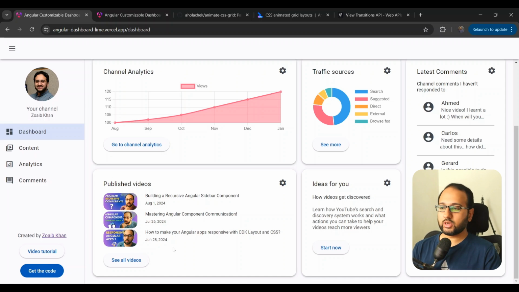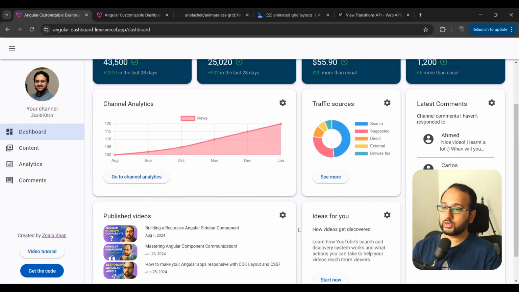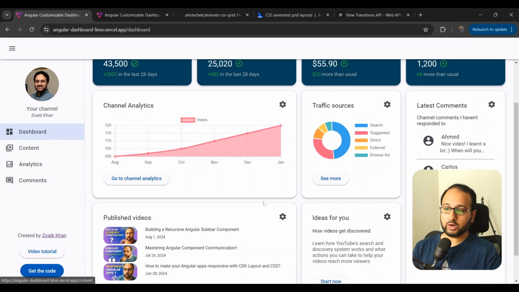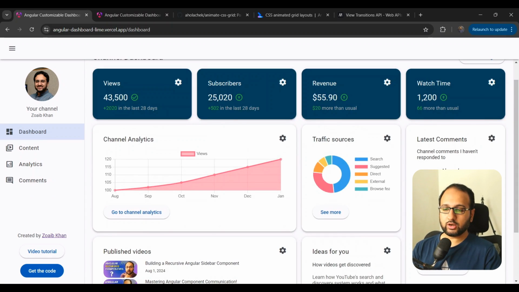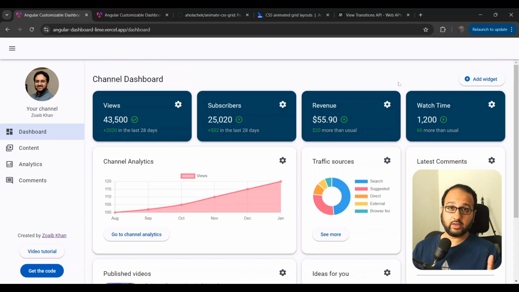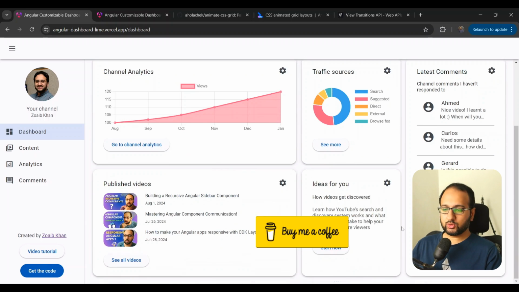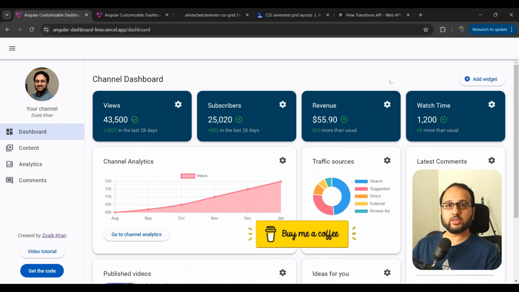You can use other services that you're injecting from other parts of your app. And then this is just a simple widget, and you can see here we are using the Angular Material list component. So you can use any sort of component that you would like based on your own liking. Okay. So the rest of these widgets that you can see here, you can find in the final code